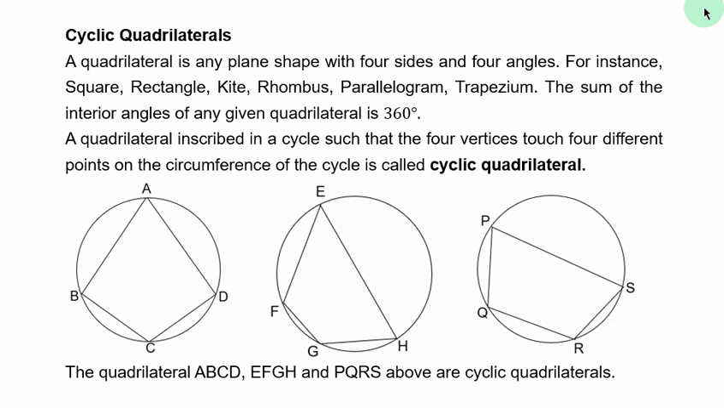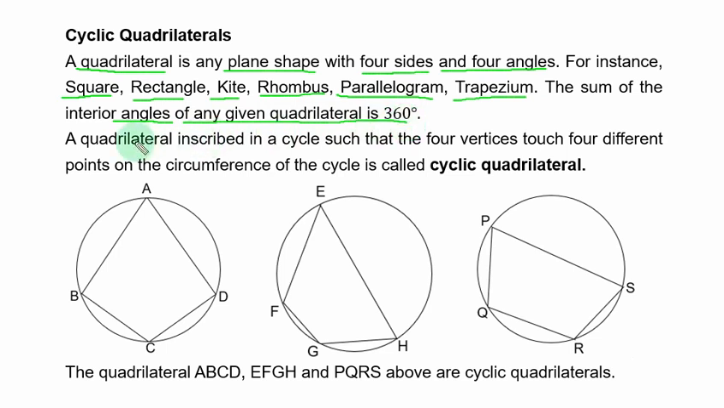In this part, we want to consider cyclic quadrilaterals. Before then, let us explain the meaning of a quadrilateral. A quadrilateral is any plane shape with 4 sides and 4 angles. For example, you have a square, rectangle, kite, rhombus, parallelogram, trapezium. All these plane shapes have 4 sides and 4 angles. The sum of the interior angles of any given quadrilateral is